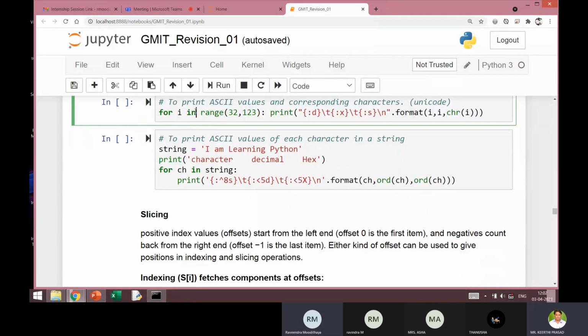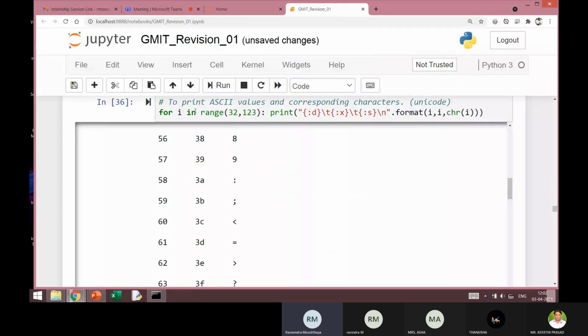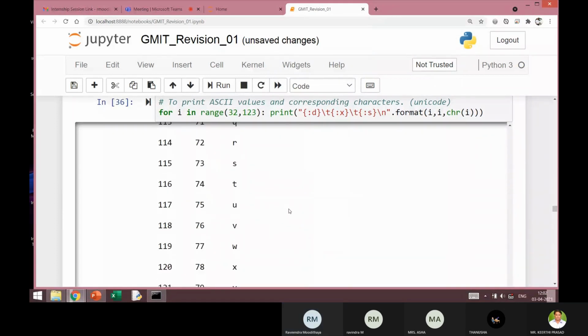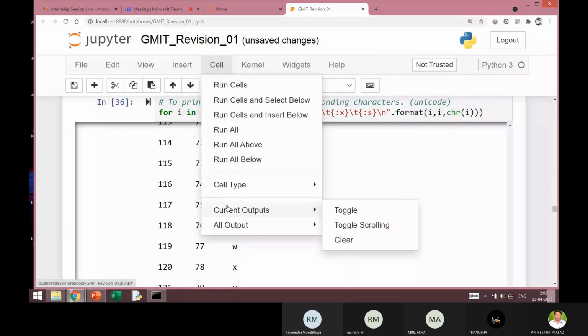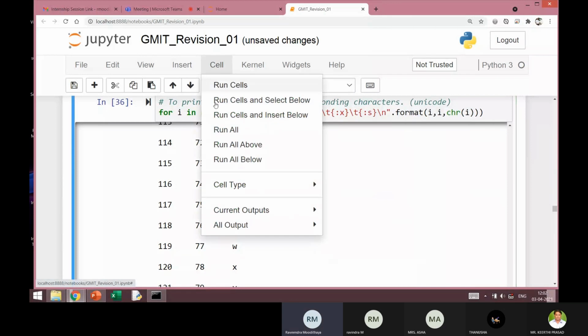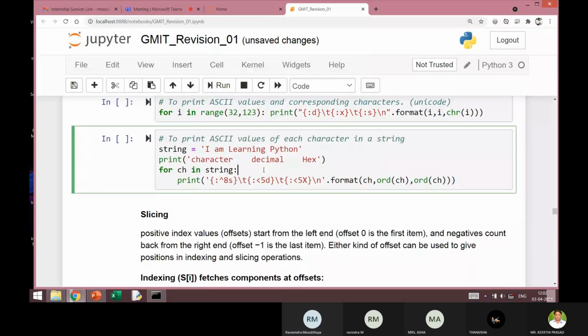So in this, it's a single line statement, and if you execute, you should get an output something like this. Okay. I'll close this output, otherwise the length of the page becomes very long. Okay. Now the next one, next piece of